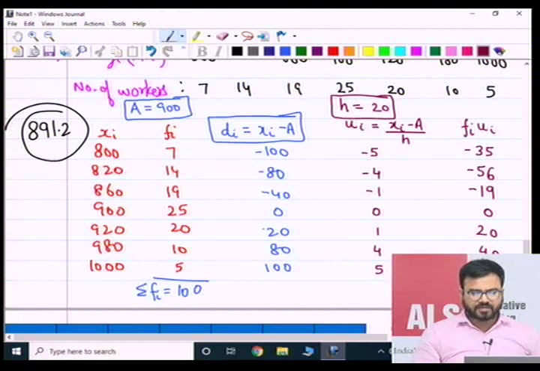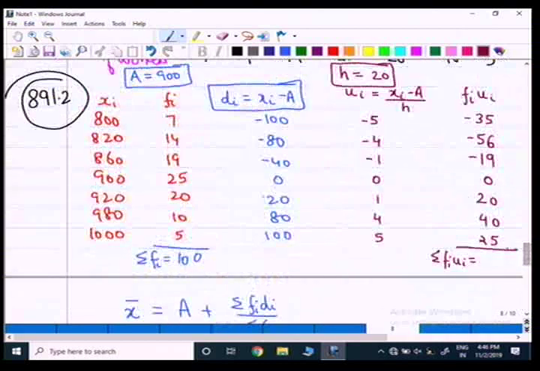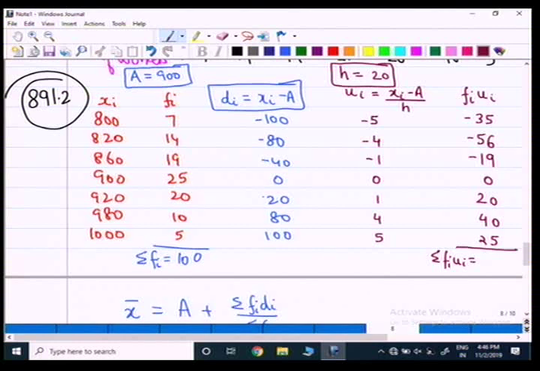sigma Fi Ui. So when we add these values, some of the values will get cancelled out. So this 20 and 19 will become only 1. And if we solve this, adding these positive values, we will get 85, and adding these negative values, we will get